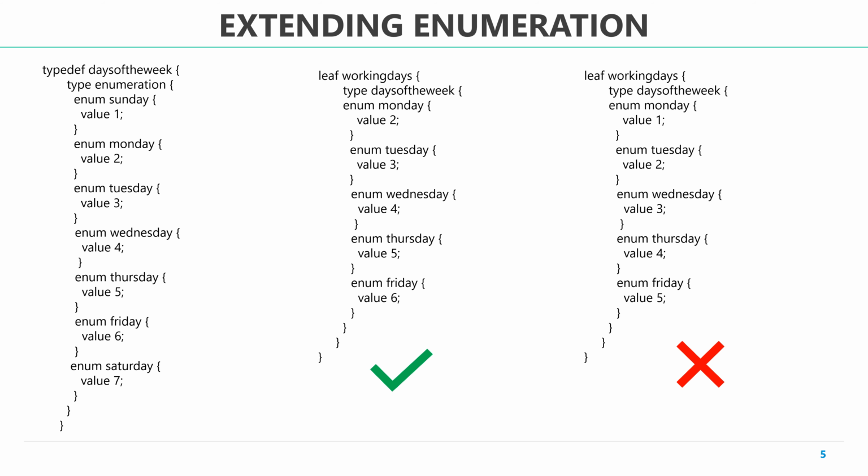It is also possible to extend the enumeration and introduce some restrictions. The important rule to follow is the extending type cannot contradict the base type, like we have seen in many other types so far. In the example you see here, you can define a working days type based on the days of the week base type. You can use the same values, but you cannot change the assigned value in a way which contradicts the base type. The compilation will result in an error.